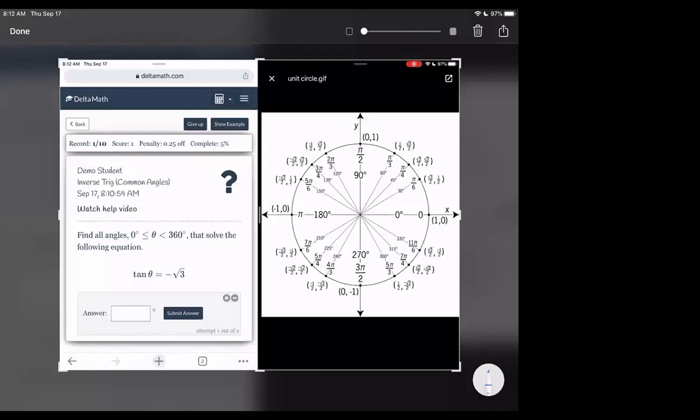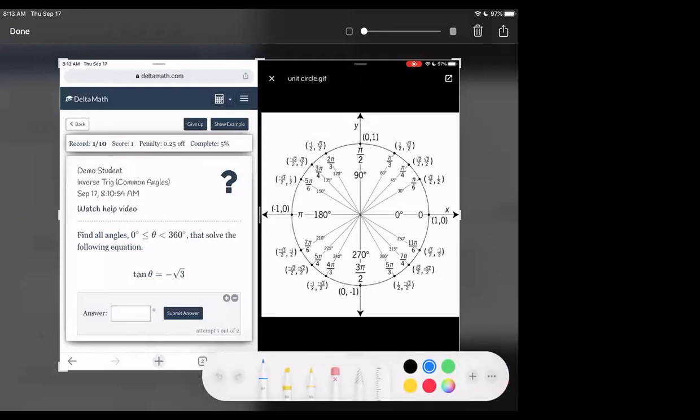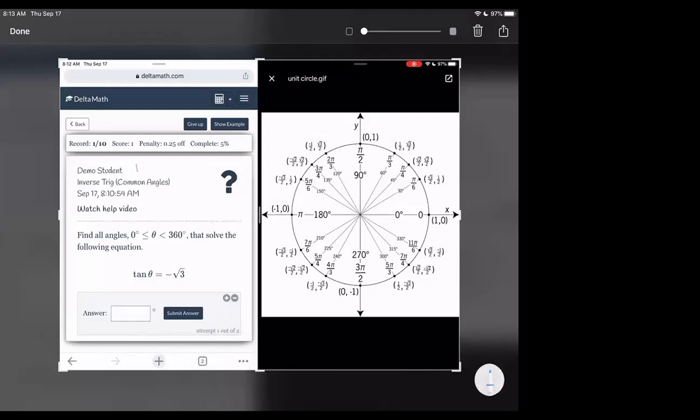Okay, so we have tangent is equal to negative root 3. Whenever you see negative root 3, this happens because you simplified your fraction, right? So tangent is always, let me write out, tangent is sine over cosine, so that means it's y over x, because remember that sine is y,